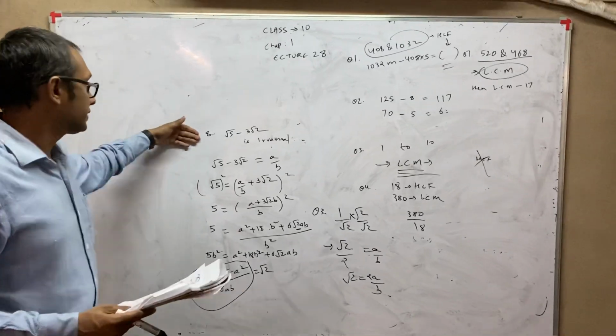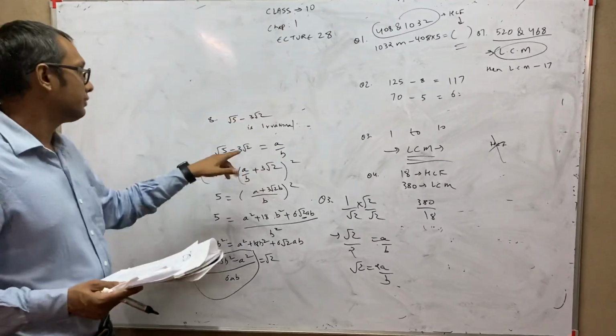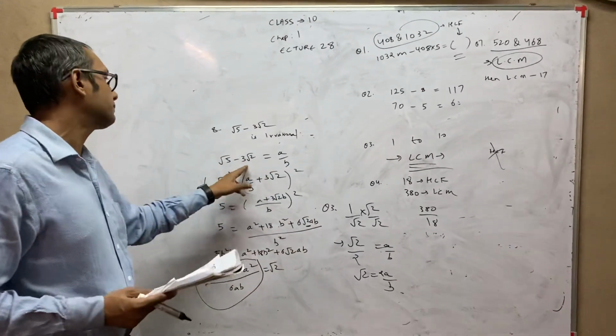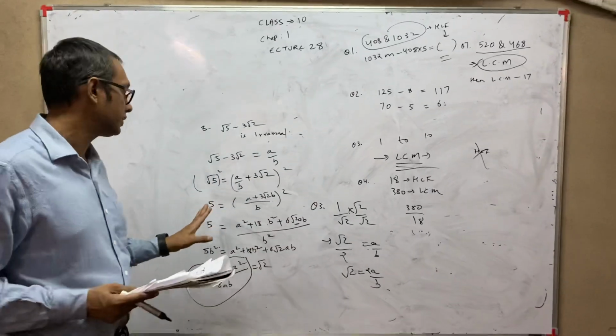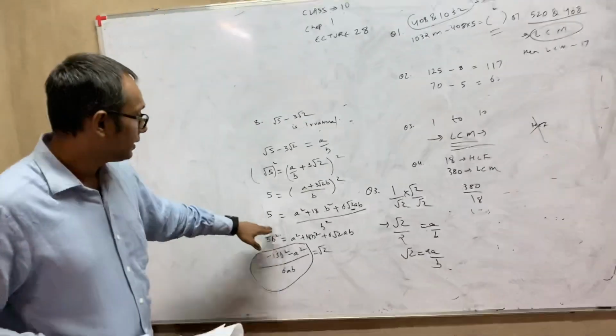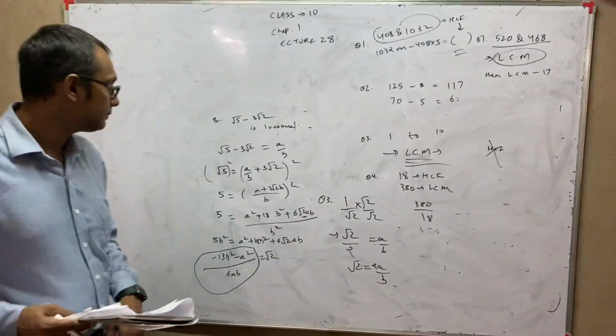So this is a slightly different sum because in this, two roots are there. Whenever two roots are there, remember you can take root 5 to the other side, or you can take minus 3 root 2 also. One of the terms you can take. And then you have to do the squaring so that you get rid of one root, and then shift everything to that side so that on one side only the root term remains.